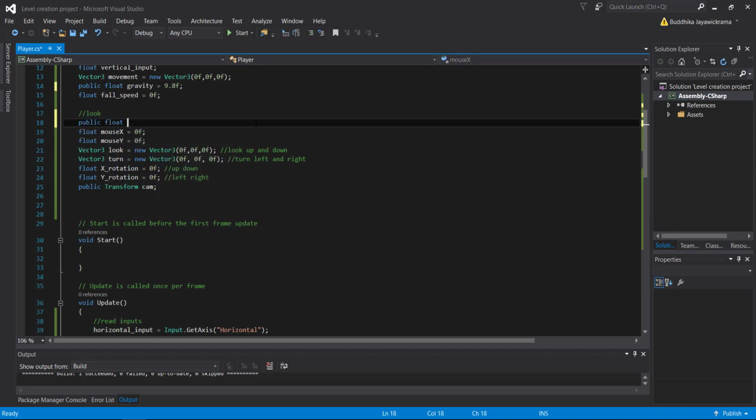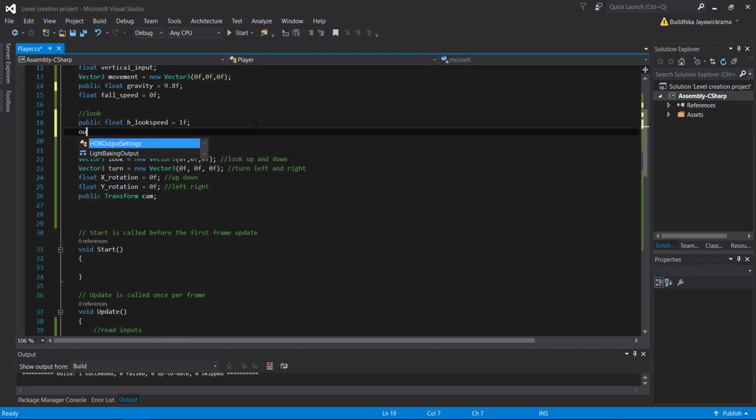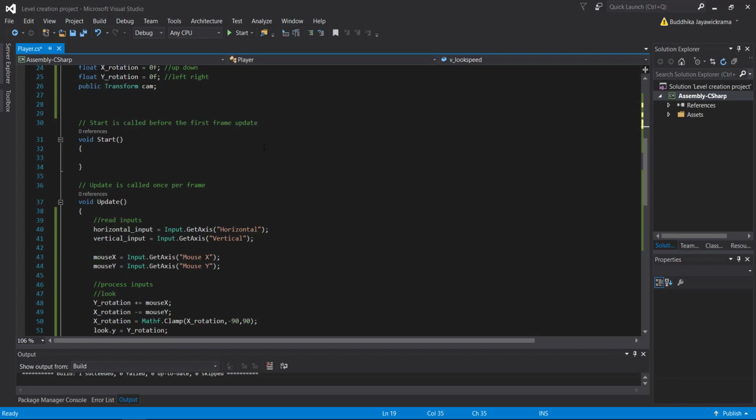But first let's try giving two look speeds so that we can control the horizontal look speed and the vertical look speed. We can even customize these values later if needed. So it's better to have these variables at hand. Right, I'll keep them as 1 here, and